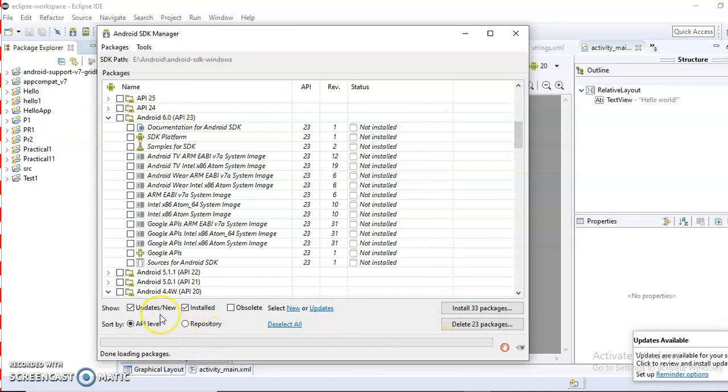Or if you want to update or delete a particular API or SDK, then click on Delete, and it will delete the particular API. So from the Android SDK Manager, you will install the required APIs and SDK, software development tools.